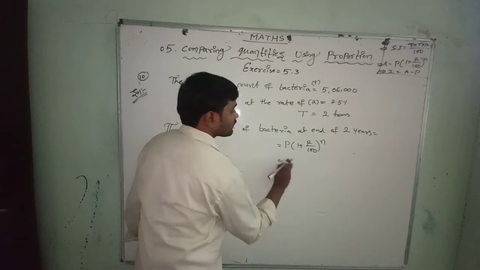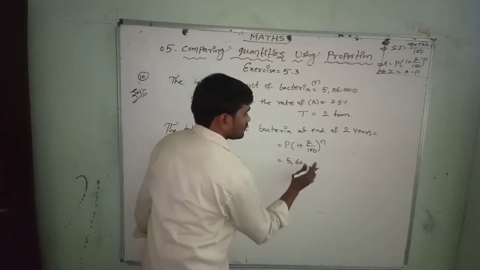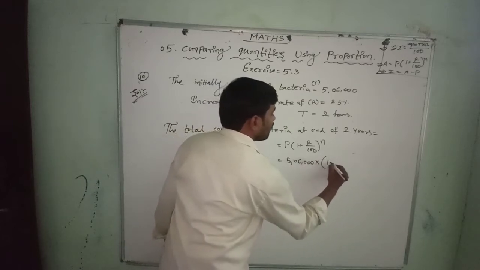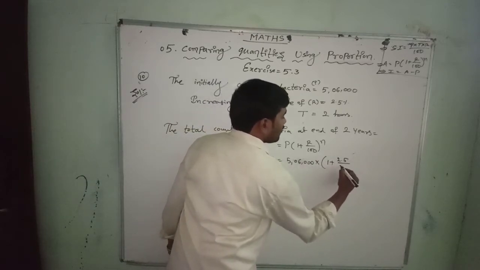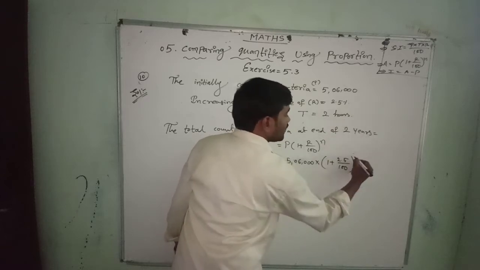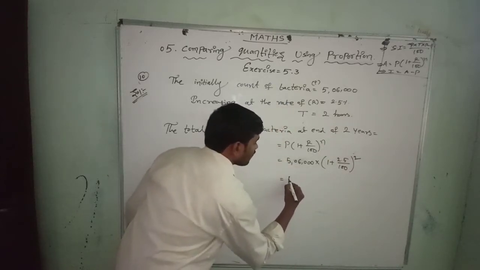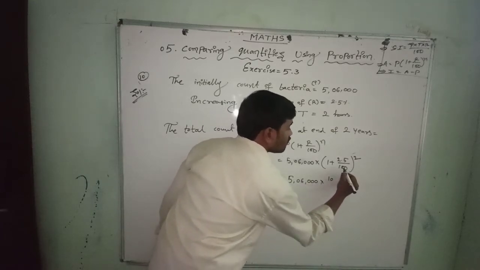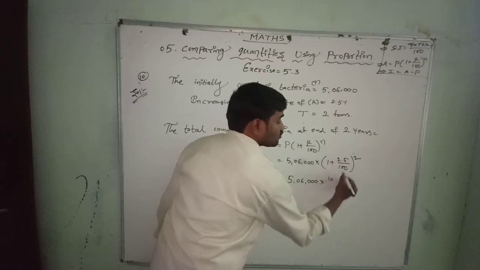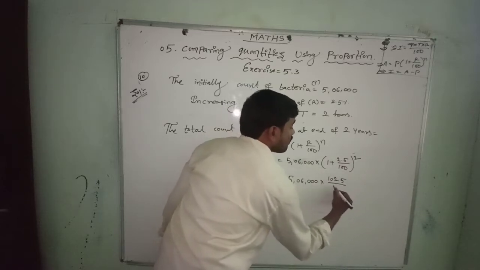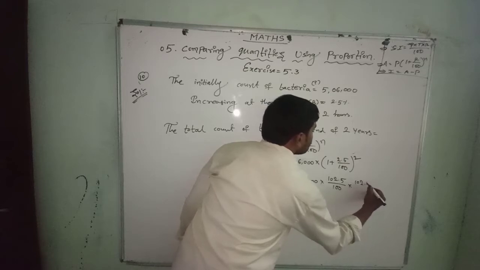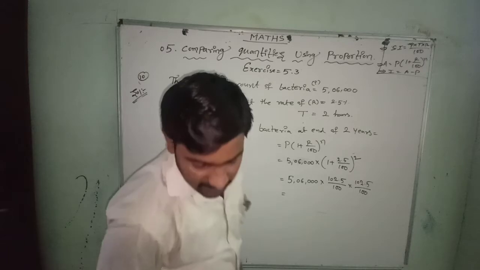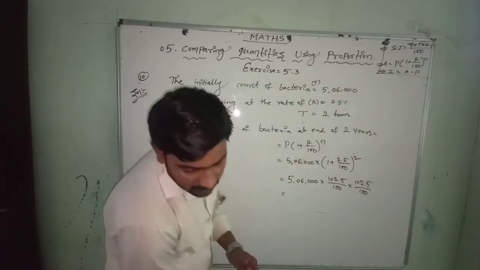Here P, in the sense that we have to use 5,06,000 into 1 plus rate of interest 2.5 by 100, n equal to 2. So we take 5,06,000 into 102 by 100, that's 100 plus 2.5, into 102.5 by 100. Now if you simplify this, we get the answer